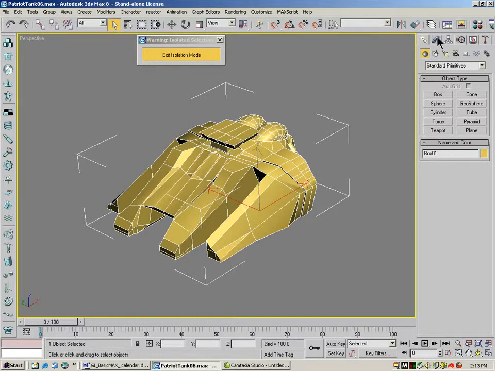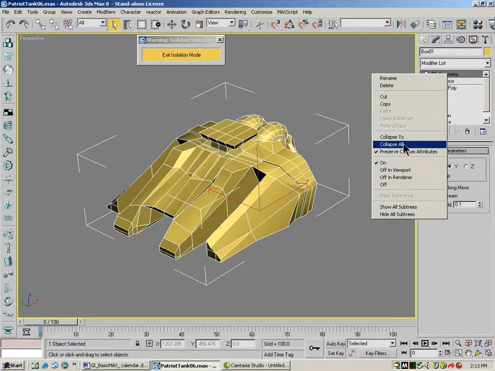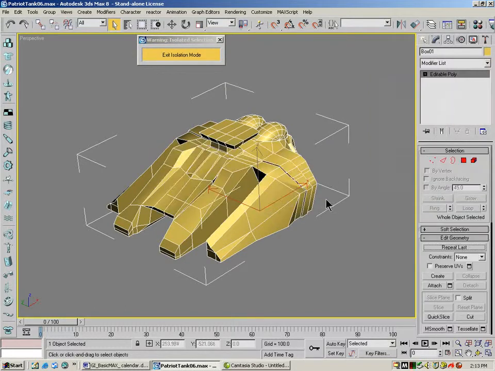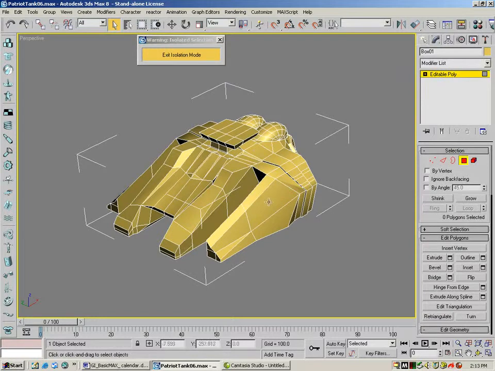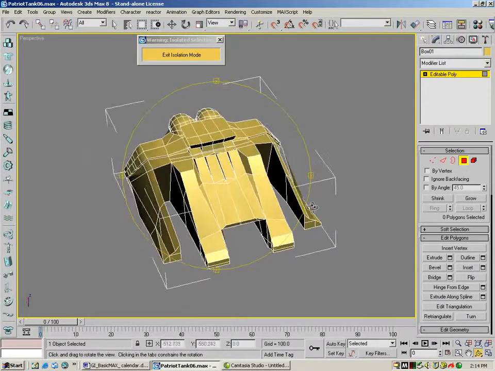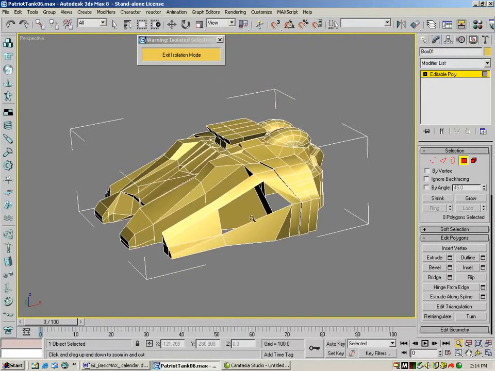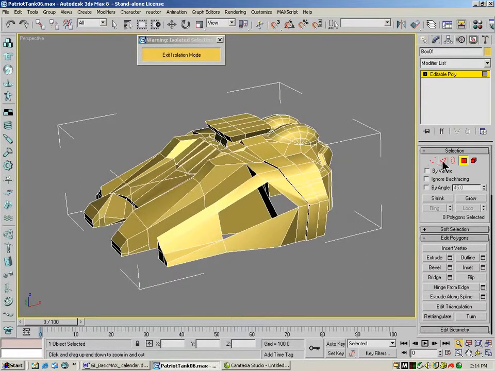I'm going to go over here. This is an edit poly. I'm going to flatten this down so that it's what you're used to seeing. Edit poly. And I'm just going to select this polygon and delete it by hitting the delete key on my keyboard. And you can see that I can see right through into the inside of the tank. Now, I can make a new polygon simply by going to Polygon,